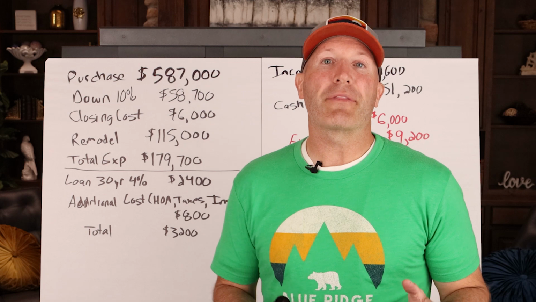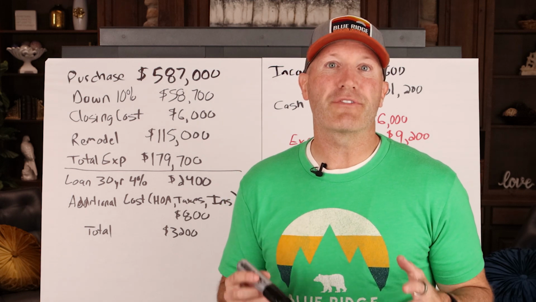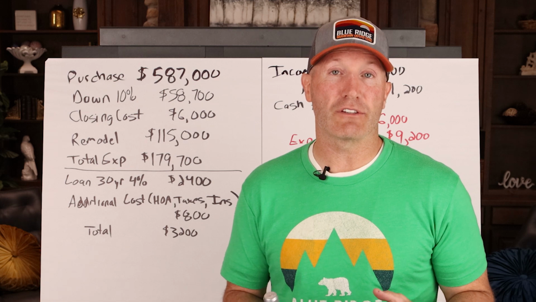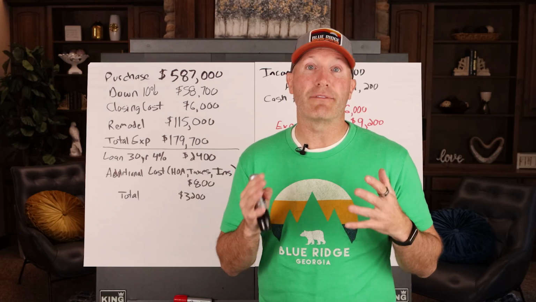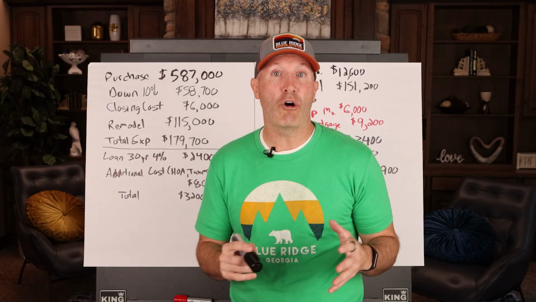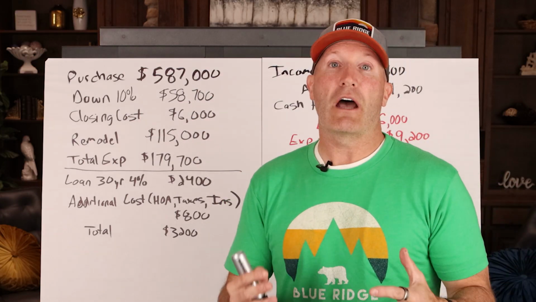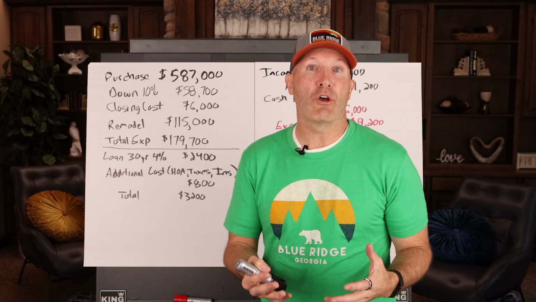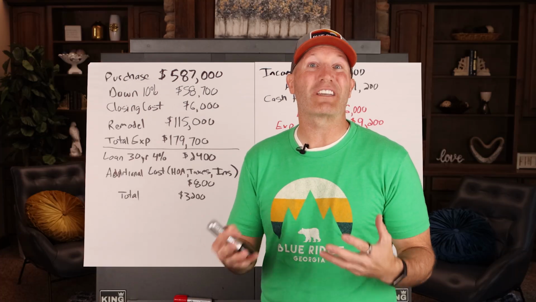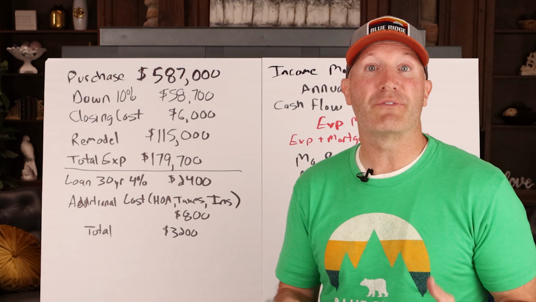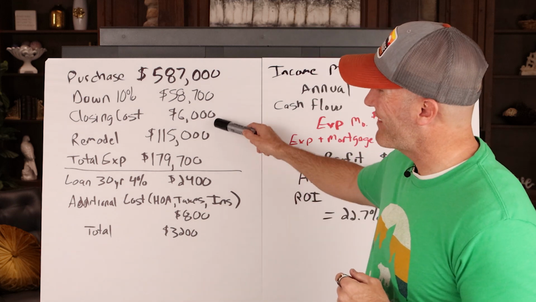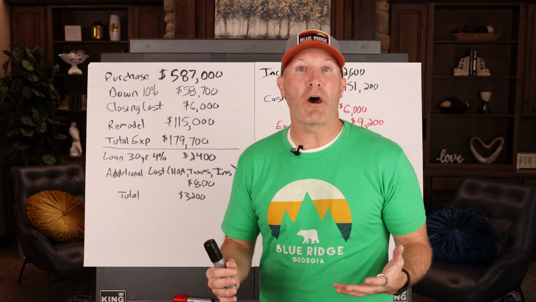So first off, we bought this home in 2021, and the price for the home, it was an 8-bedroom, 6-bathroom for $587,000. I know we got in at a good time at a very low interest rate, but the purchase price on the home, $587,000. Now, I had a partner that I went in with on this property, and it was their second home, so they got the loan in their name as a second home with only 10% down. So the 10% down was $58,700. And then you take into closing costs being $6,000, and then the whole remodel of the home,